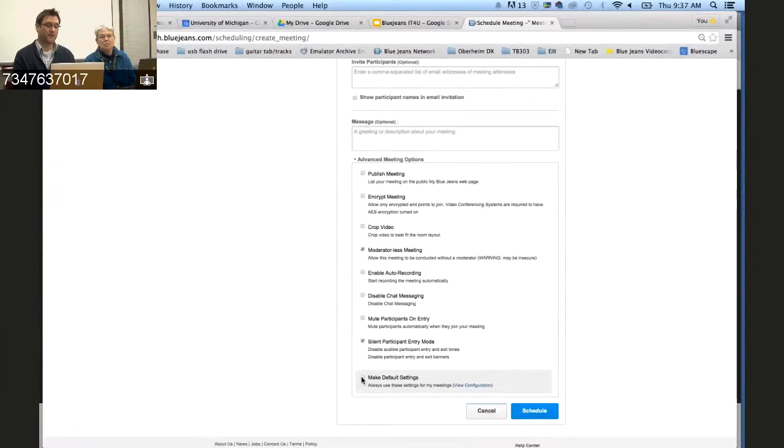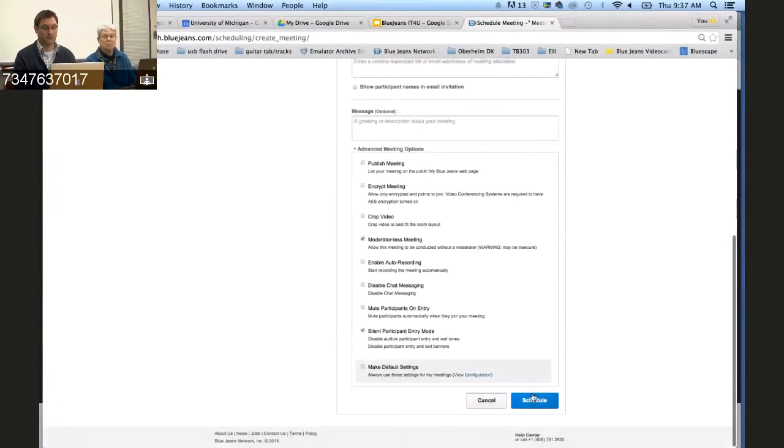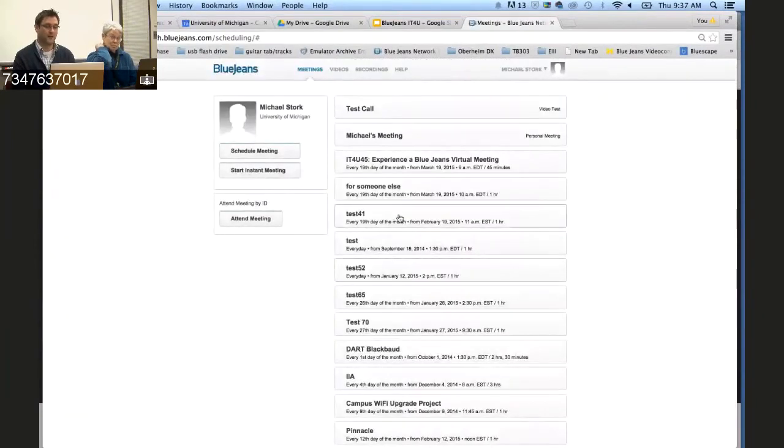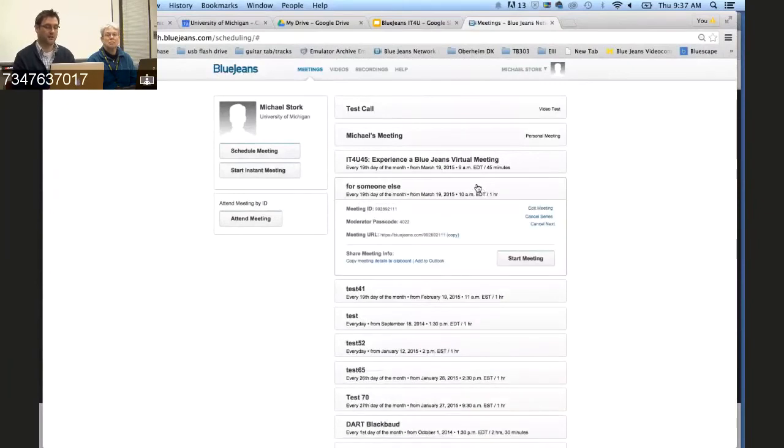You can also make these your default settings for every meeting you create. And before we jump out of that, somebody asked about silent participant entry mode, and notice I have that checked. So I could make that the default for every meeting I create in the future. So when I hit schedule, it's now going to populate on my home page, and here's the meeting I just created. And I could just share the URL,